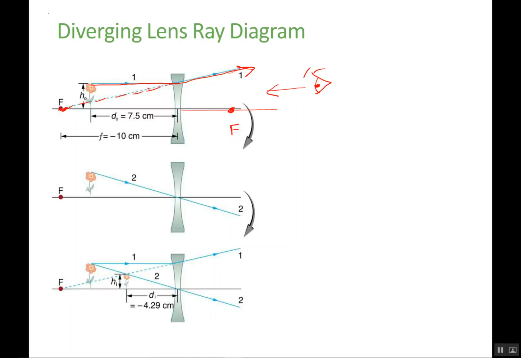For a diverging lens, that focal point is on the far side of the lens from an observer who's witnessing that ray. A ray that travels from the object and passes through the center of the lens is unaffected. And finally, a ray that travels through the focal point